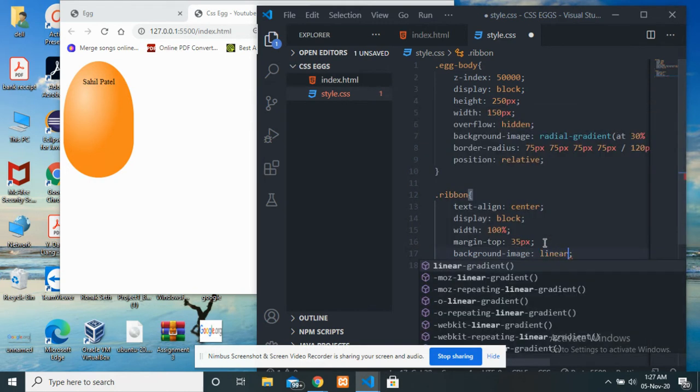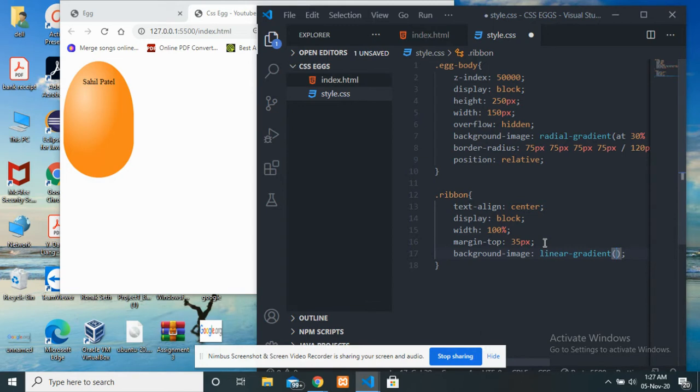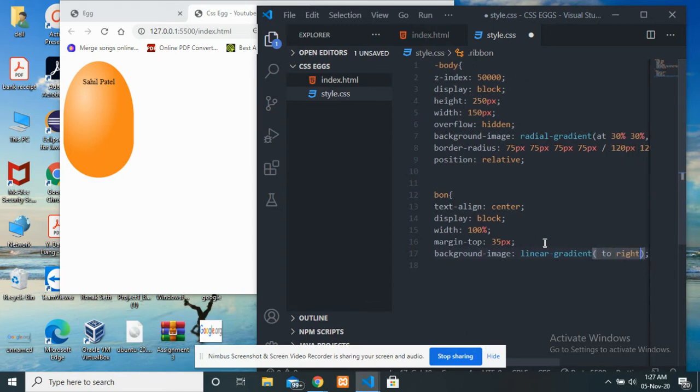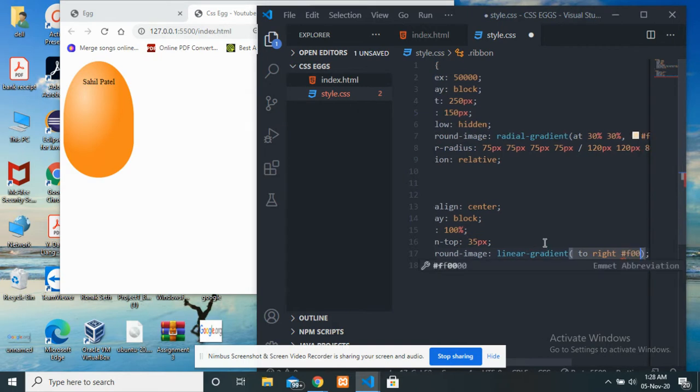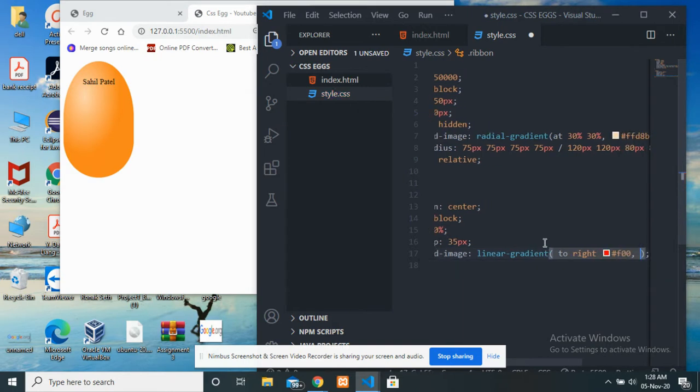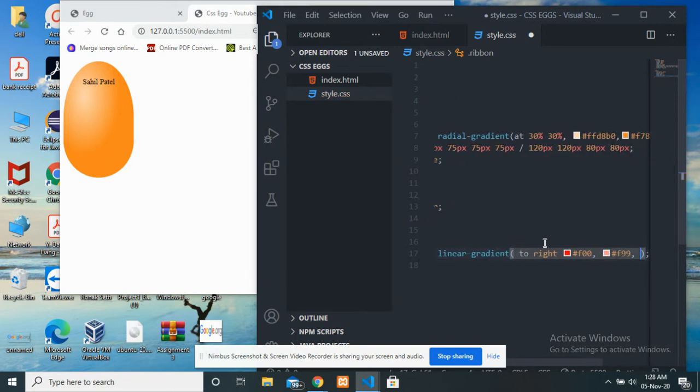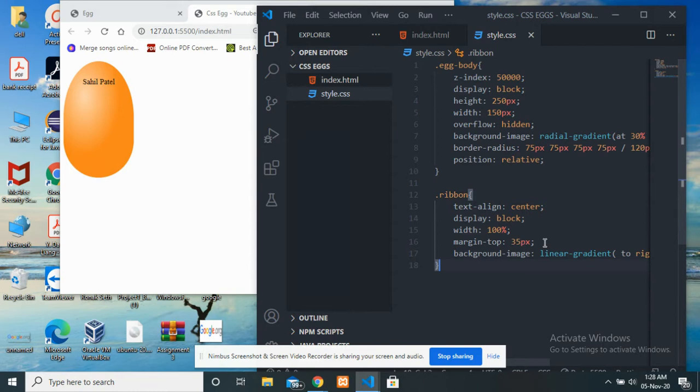which is we are gonna give a linear gradient. I want to give a gradient color from left to right. So for that purpose, I just write to right and then give three colors so I can have a very nice background color right over there. So for that purpose, write F0. These are my three colors that I'm gonna use for my gradient, and another one is F0. So once I will save it,